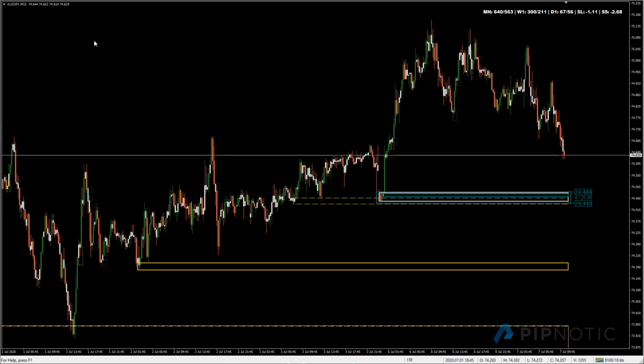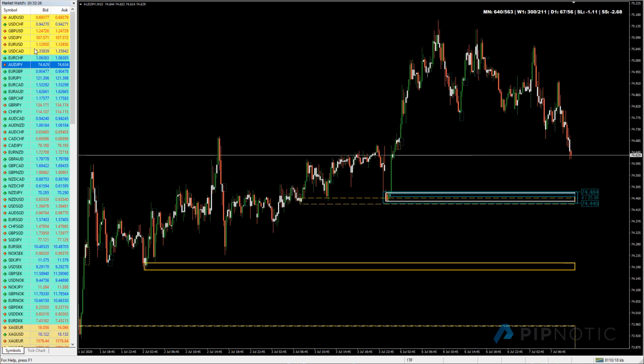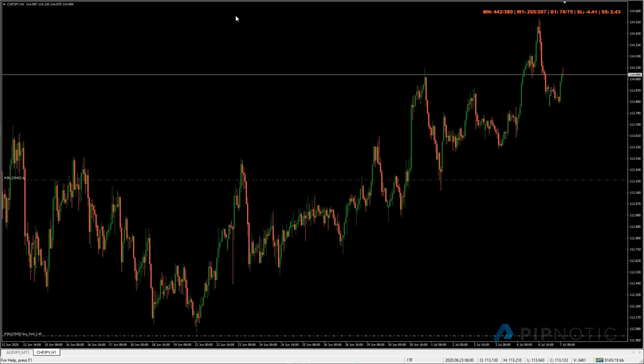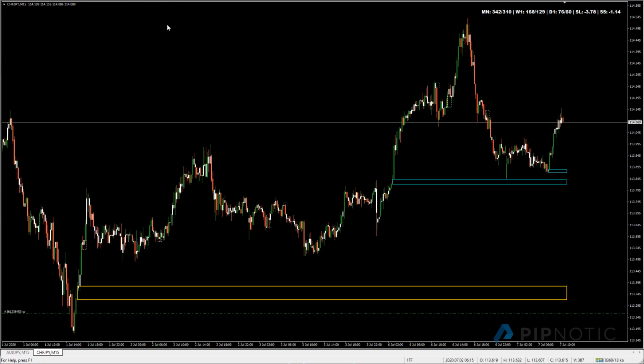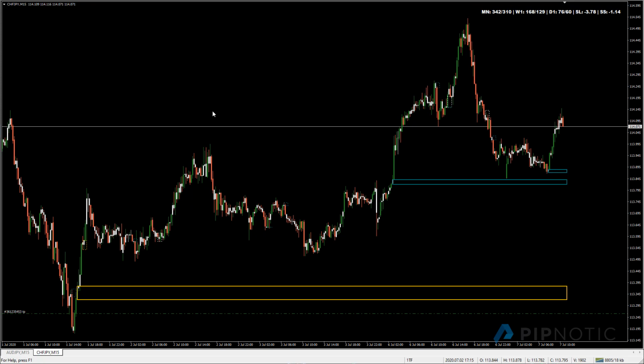Okay, let's have a look at another pair. It doesn't really matter. Let's take the Swiss franc Japanese yen just to mix it up. So let's go to the 15-minute chart. Okay, so we all have the software, we're using the software, it's a phenomenal tool, and so the next piece